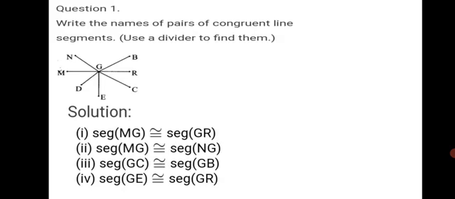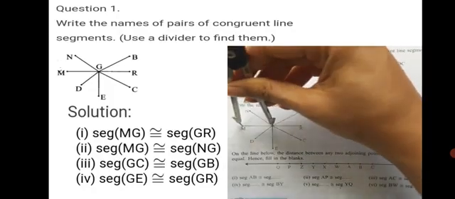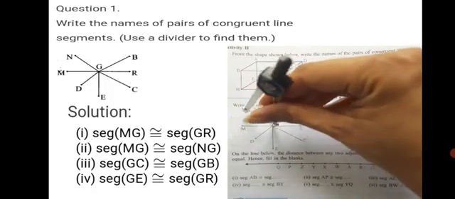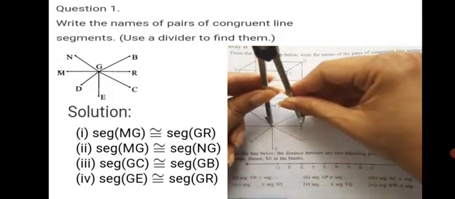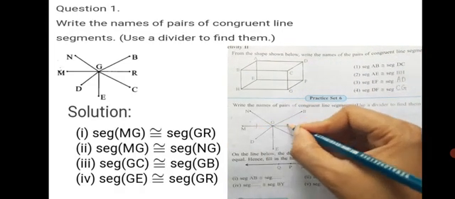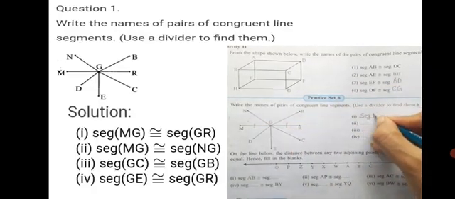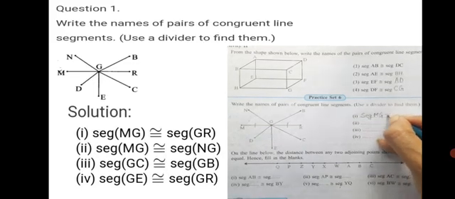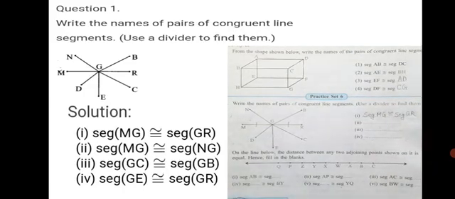4 answers are already given here of congruent line segments. Let's have a look at how we can measure it. So in your textbook on page 8, you have practice set 6. In the divider, we measure GM and then from G we measure GR. It's exactly the same. So without shifting the distance, if we get same, we mark that GM is same as GR and we write seg GM congruent, or MG, one and the same, congruent to seg GR. Seg MG congruent to seg GR.